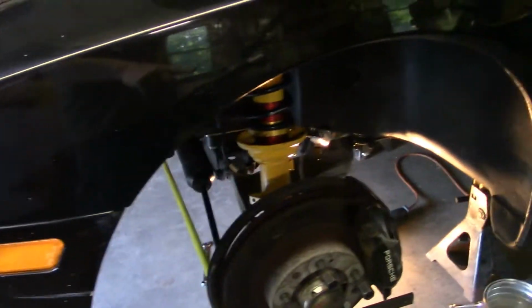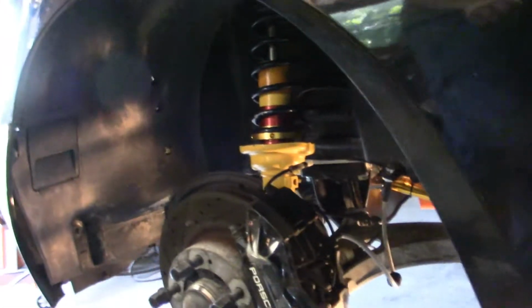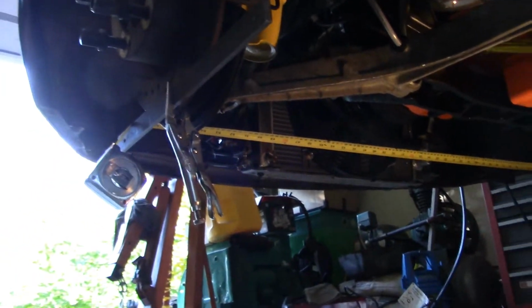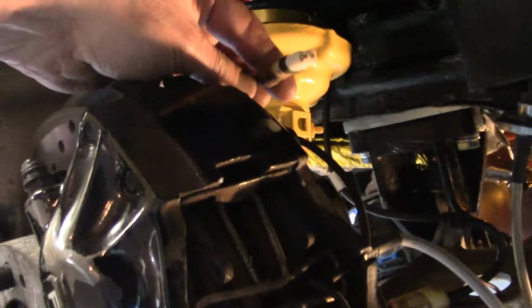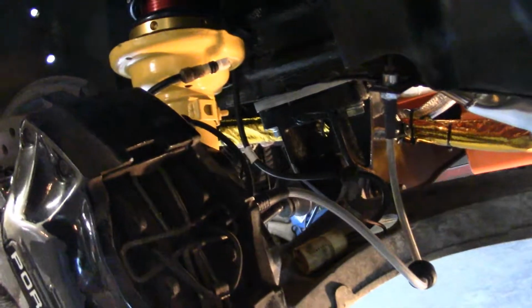Okay, so we got the struts put together, assembled them to the hubs, got them nailed up in the car, connected the lower control arms, got the brake calipers on. Still have to get the sensors and stuff plugged in and connect all these things someplace where they won't get damaged, but right now we're doing some initial alignment